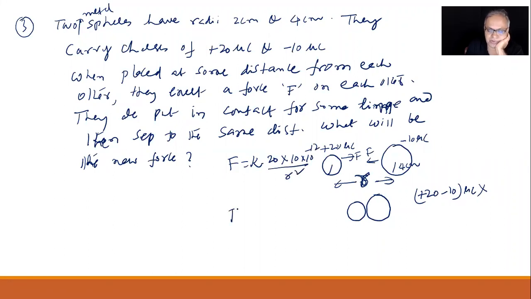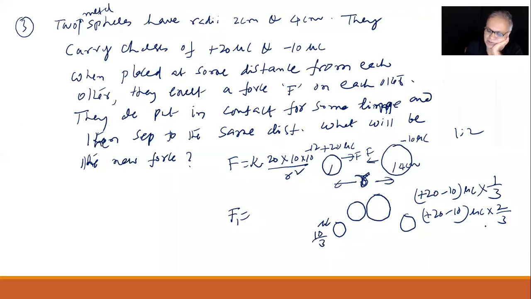Now the new force, when I want to write, what should I do? First, let me get the charges on them. How much is this? Into 2:4 ratio I should divide. That is 1:2 ratio I should divide. So for this one, it is 1/3. For the other one, it is total charge with sign I should write, microcoulombs into 2/3. So what do I get, children, here? On this, when I separate them to the same distance, the charge I have is how much? 10/3 for this.